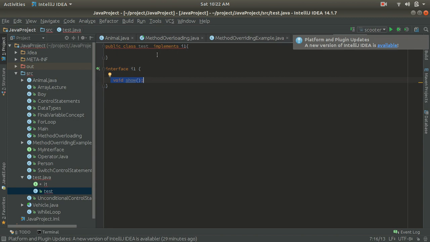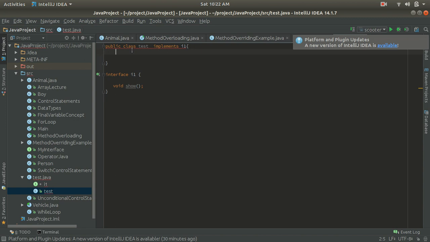So we have to override this show method inside the test class, because we are implementing this interface to the test class. So that's why it is showing a compile time error. Okay, so we have to implement this method, or you have to define this test class as an abstract class, right?